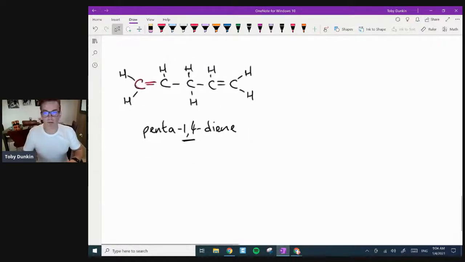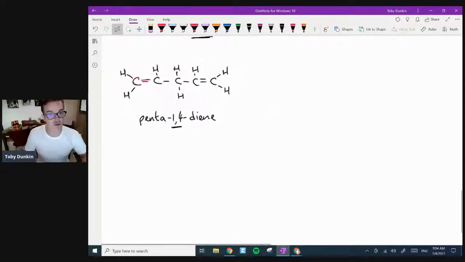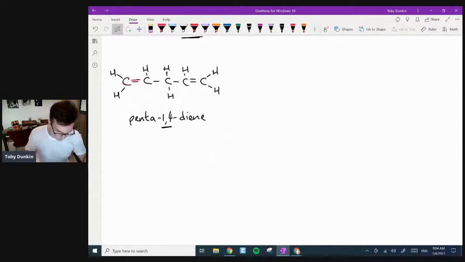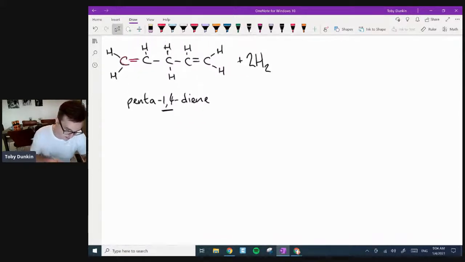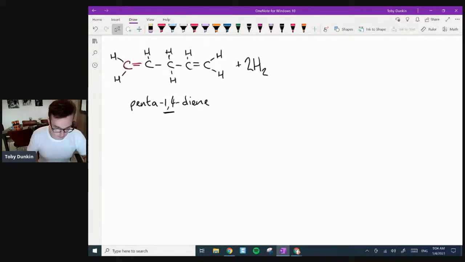So what we're now going to do is hydrogenate penta 1, 4 diene. We're going to hydrogenate it using nickel catalyst, 60 degrees, hydrogen gas, and I'm going to need 2 of them. Yeah, this kind of makes sense. We can draw the mechanism out for this if we like. We could probably do them simultaneously if we wanted. Do I really want to do the mechanism? It's an awful lot of drawing, won't bother.